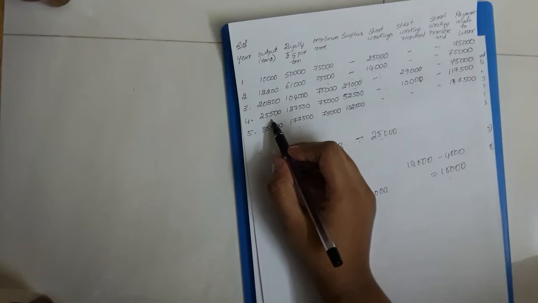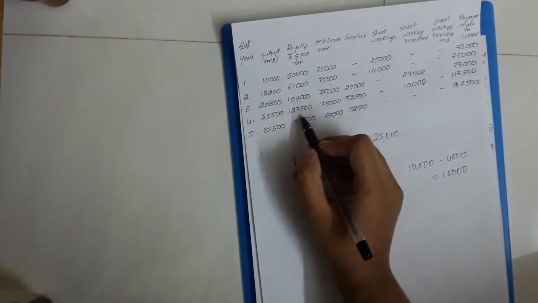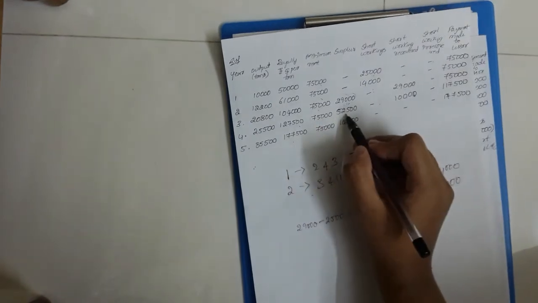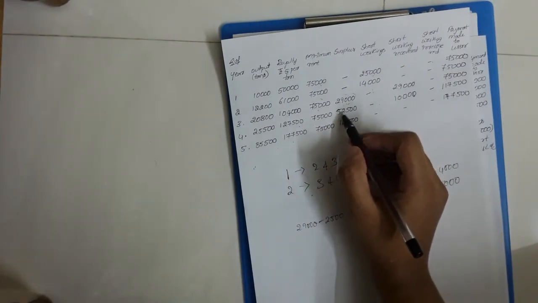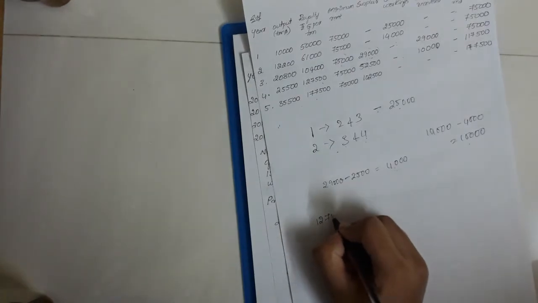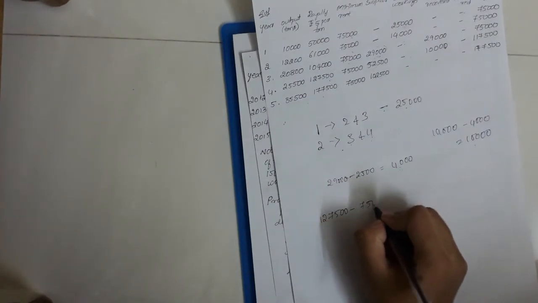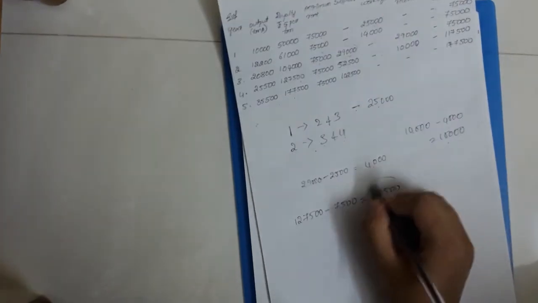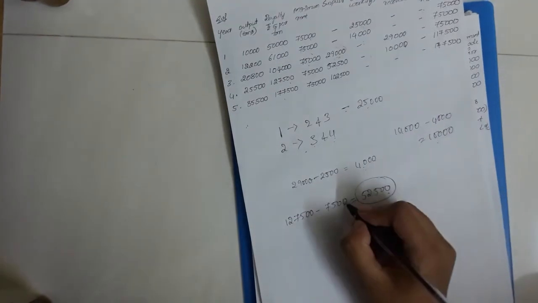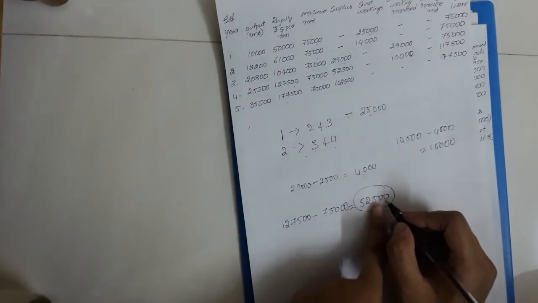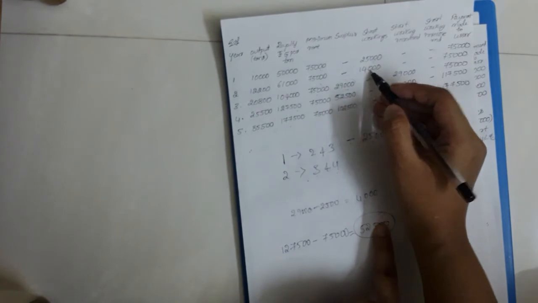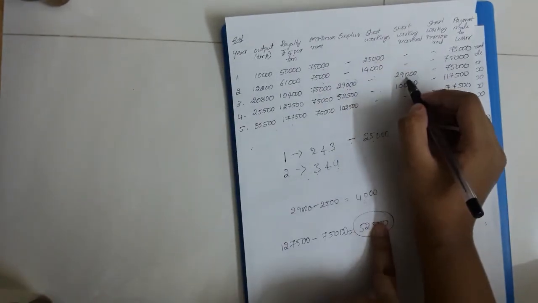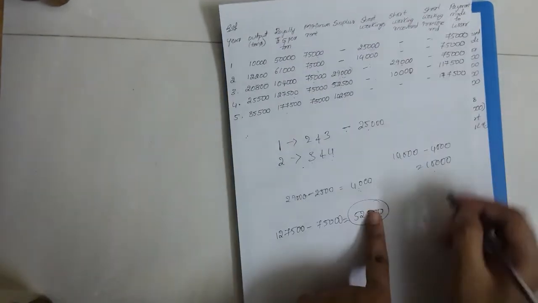In the fourth year, as you can see, there is a royalty of 1,27,500. What is the minimum rent payable? 75,000. So what is the value of surplus? 1,27,500 minus 75,000. So what is the surplus I have earned? 52,500 is the surplus value, more than minimum rent. Out of this 25,000 plus 14,000, I have recovered 29,000 of short workings. So the remaining 10,000 was there.